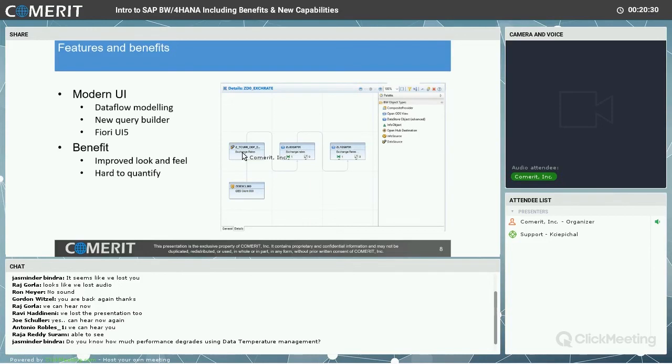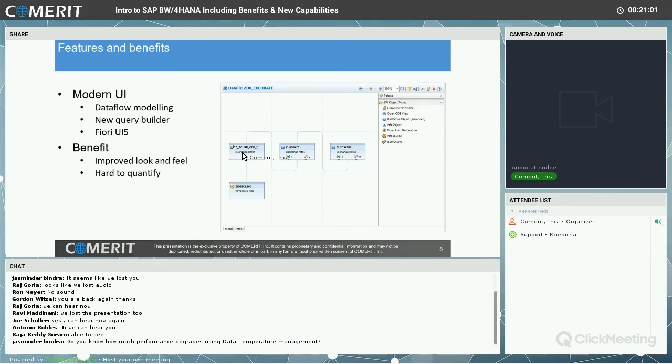Okay, so let me go to the modern UI. Here SAP has focused mainly on, from a development perspective, taking all the development transactions that you have in a BW application and moving those into the BW4HANA modeling tool. You might ask, why is the BW4HANA modeling tool different than the BW modeling tool that's supported with BW7.4 and BW7.5? Well, there's a couple of object types they have added in here that are not yet in